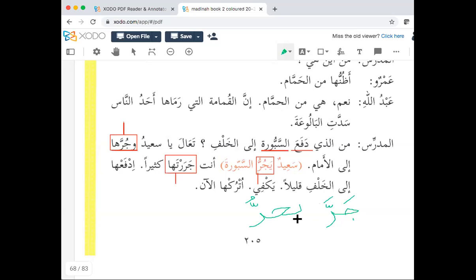And as you know, as you will remember, fi'l amr comes from fi'l. Is the fi'l amr produced from the fi'l madi or the fi'l mudari'? فعل مضارع, yes, well done. From fi'l mudari'. And typically what we do is that we will remove the harf al-mudari' or harf al-mudari'ah, which in this case is the ya,